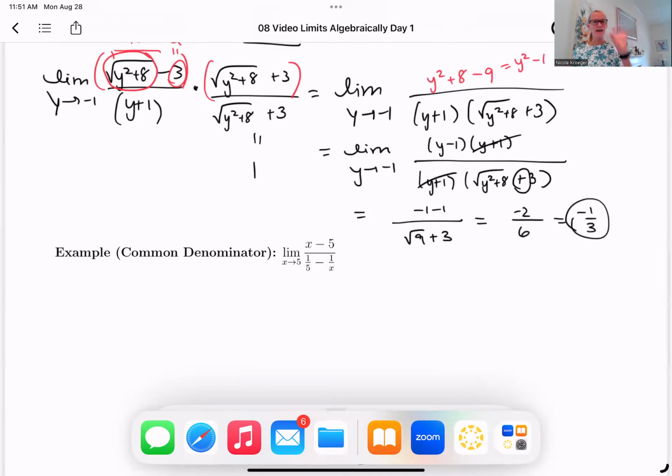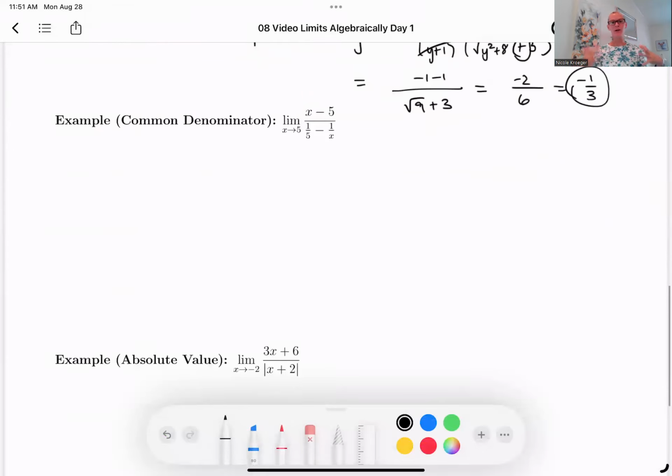Okay, so that trick: when we saw a square root, we multiplied by the conjugate. That's a good thing to remember. So we've factored, we've FOILed, we've multiplied by a conjugate. Like I said, in this video we're really learning all these tricks. In class, we're going to put them all back together and see if you can identify which trick to use